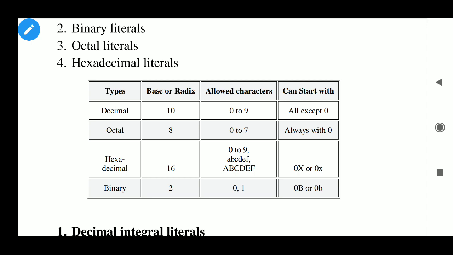Hexadecimal, 16 is the base, 0 to 9, and 10 is represented as A, 11 B, 12 C, 13 D, 14 E, and 15 is F. And we start from 0x, small x or capital X. Binary, base 2, numbers used are 0 and 1 only, and can start from 0B or small 0b.